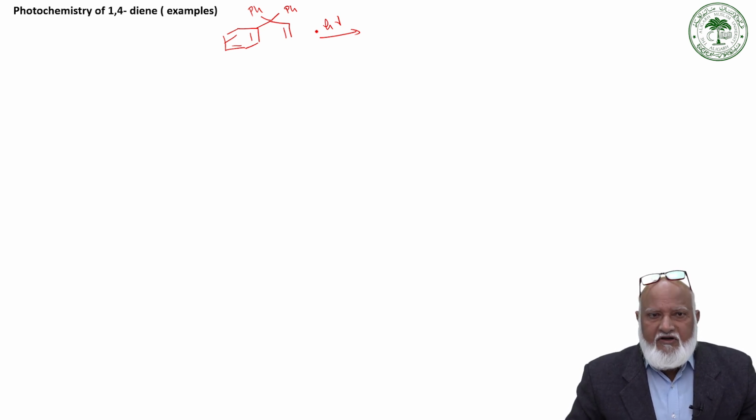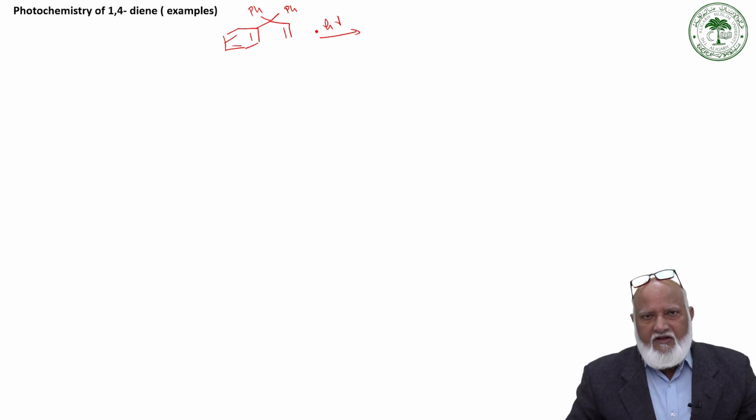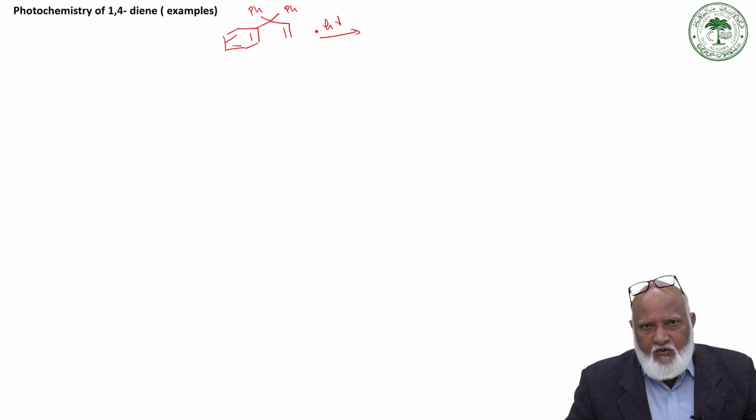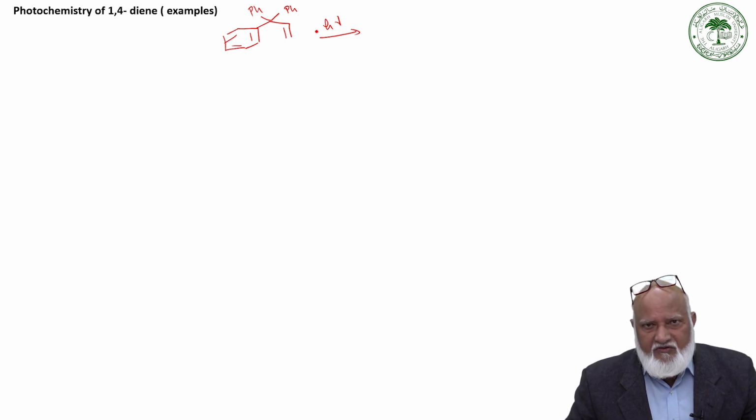what is the chromophore present in this molecule, because, as we mentioned initially, the photochemistry of an organic molecule depends upon the type of chromophore present in the molecule. Say for example, if you have an alkene, it undergoes cis-trans isomerization. If there are the proper substituents in a cis orientation, say for example 2 phenyl groups, in the presence of light there is a possibility of 6 pi electron